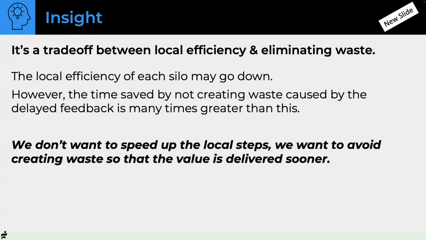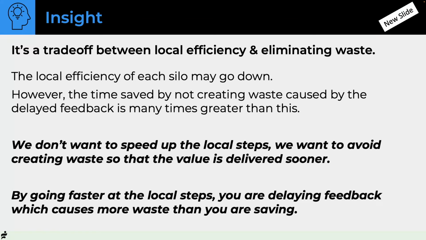We don't want to speed up the local steps. We want to avoid creating waste. This is really the concept of flow and lean and theory of constraints. We don't speed up the local steps. We look at the whole. By going faster on the local steps, you're delaying feedback, which causes more waste, and it has this cascading effect, as